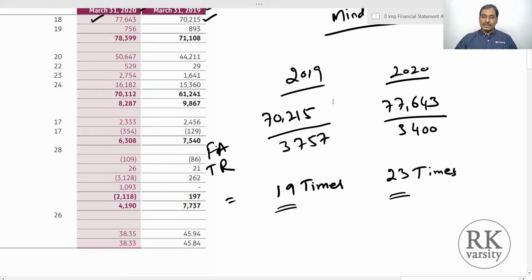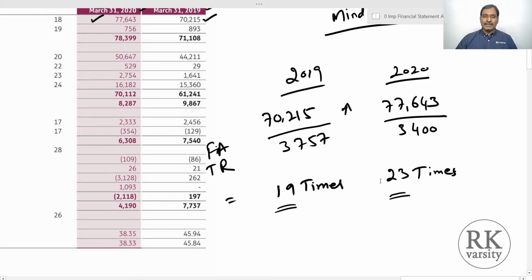And you can see that there is an increase in revenue from operations in case of Mindtree during 2020. As we all know, the pandemic had less impact on IT companies, and we also see that there was a surge in the operations of IT companies, and their revenues increased because most companies started relying on IT services like cloud computing, or blockchain technologies, etc. That's a reason why IT companies witnessed high revenue from operations. So this may be one reason for the high fixed assets turnover ratio in case of Mindtree.